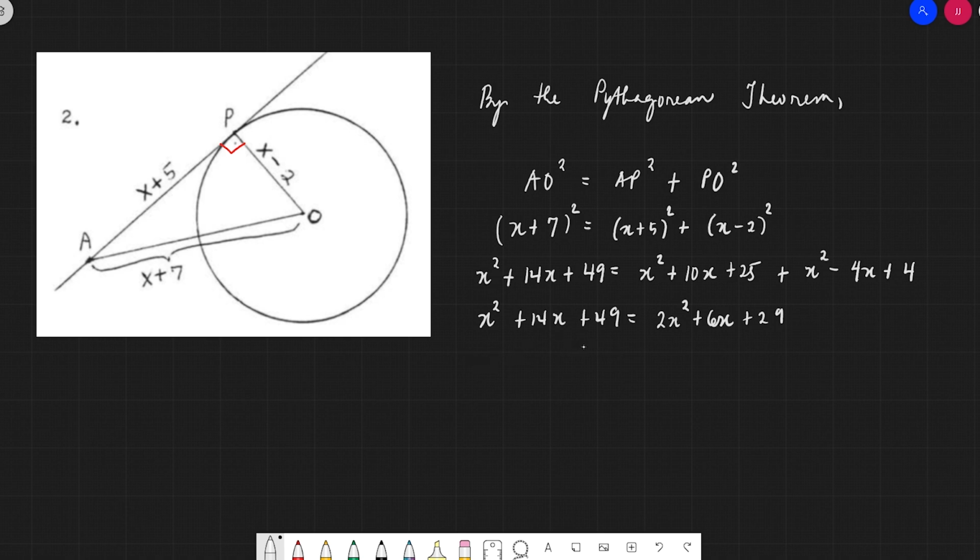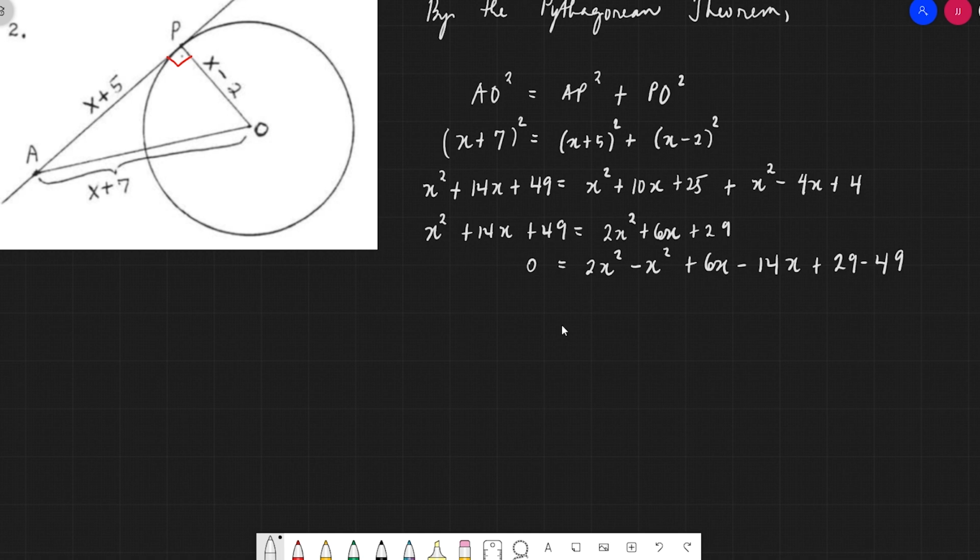So you have 0 equals 2x squared minus x squared plus 6x minus 14x plus 29 minus 49. Simplifying, we have 0 equals x squared plus 6x minus 14x, that will give you a minus 8x, and 29 minus 49 will give you